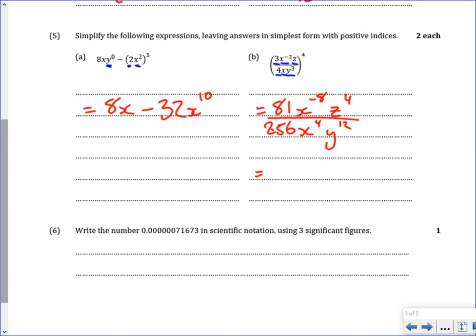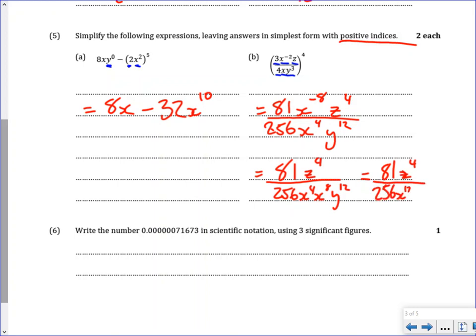But this isn't the end of the question because it said we wanted positive indices. So when we have that negative 8 with negative powers, we want to flip it to the other side. 81 over 256 doesn't simplify at all, so we can just write that first. The x is going to go to the bottom, so we're going to have x to the power of 4 and x to the power of 8 there. The z's are going to stay at the top, and the y's are going to stay at the top. And then we can simplify this lastly by saying 81 z to the power of 4 over 256 x to the power of 12